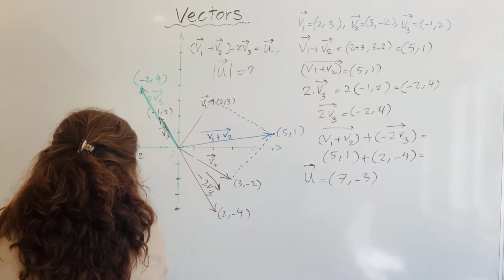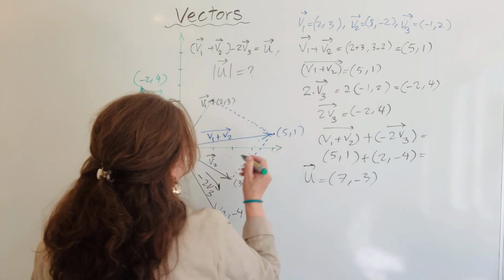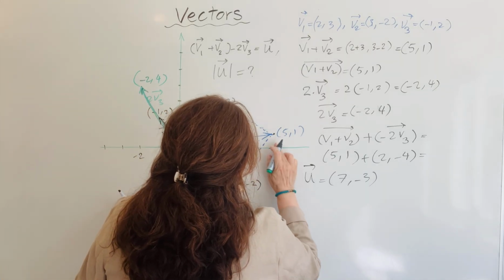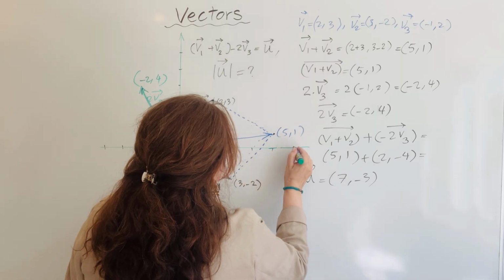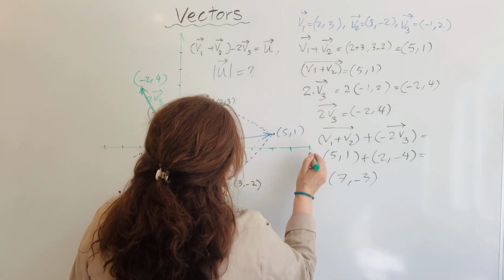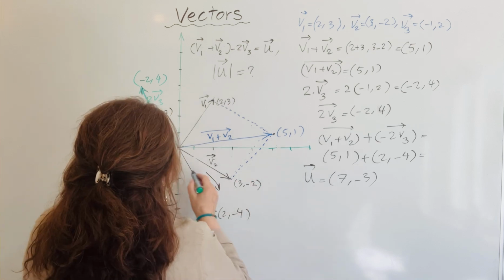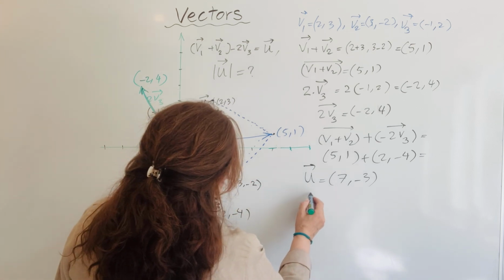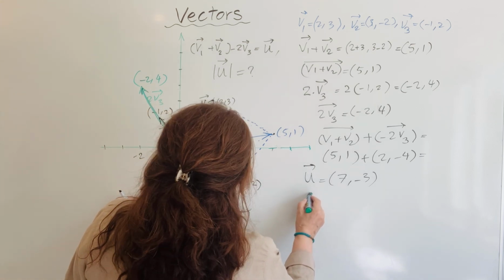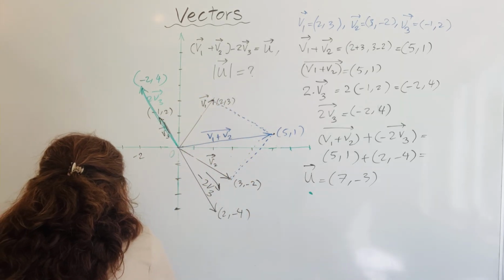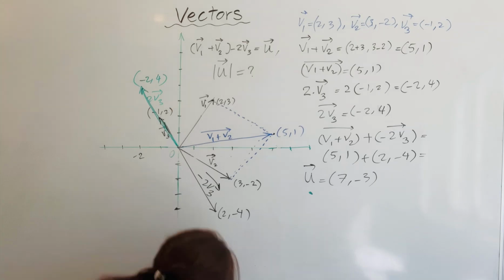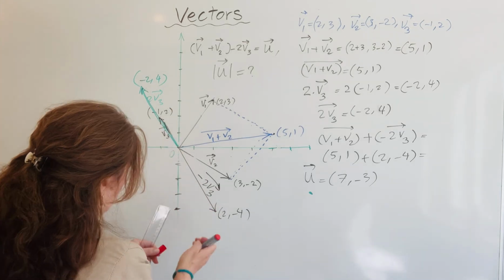If here is 7, this was 1, 2, 3, 4, 5, 6, and 7 here. Negative 3: 1, 2, 3. Somewhere here, right? I can show you here. This one is approximately